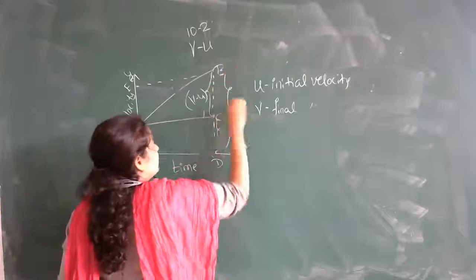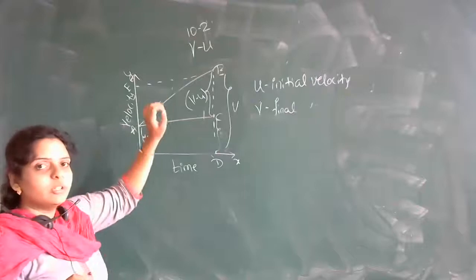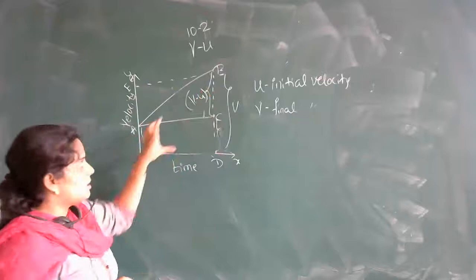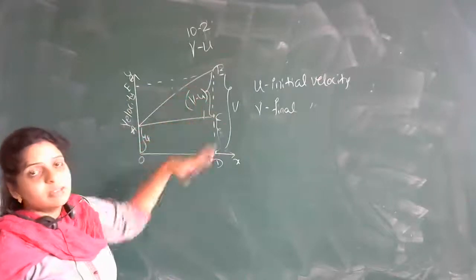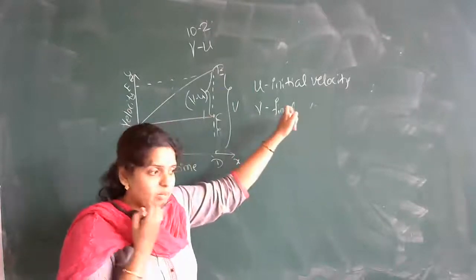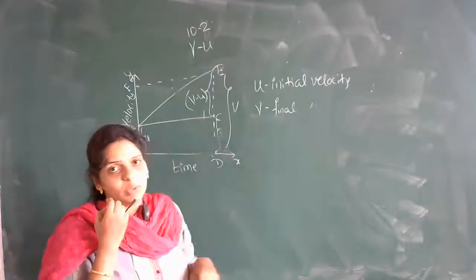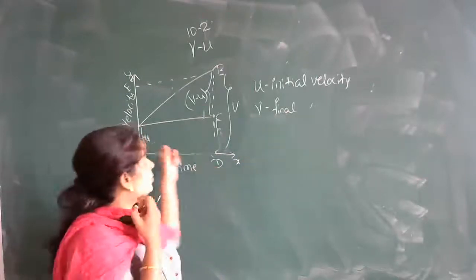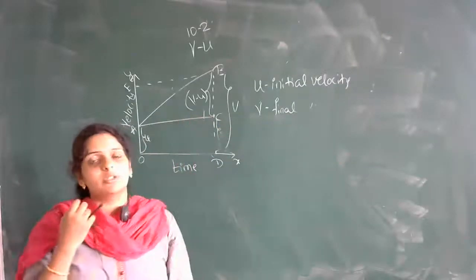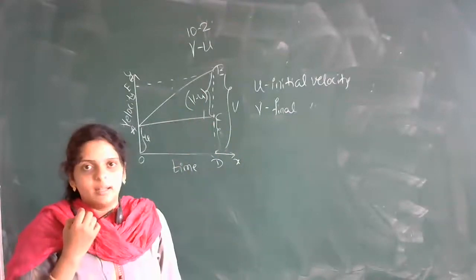So this entire value is V. Right? This is how you will denote your diagram. All this labeling should be there for final velocity, for initial velocity, and for this BC. After doing this labeling part, write the explanation. Let U be the initial velocity of the body, V be the final velocity of the body in the time interval of T. Then consider 2 points A and B on the graph. Then whatever consideration you have made in the graph, that is the BD value, the BC value, you can write all that. Are you getting me?